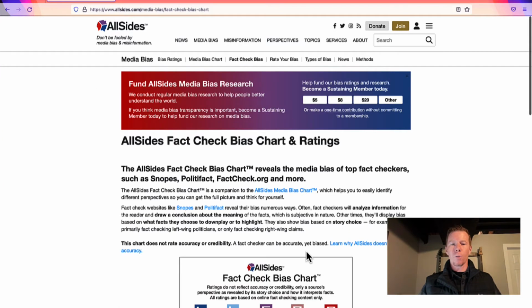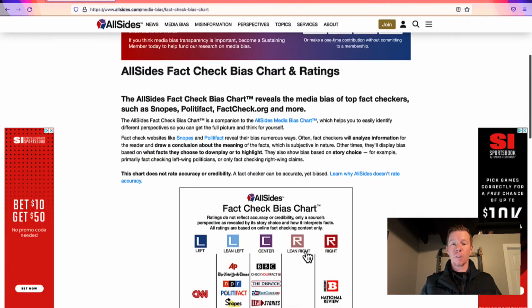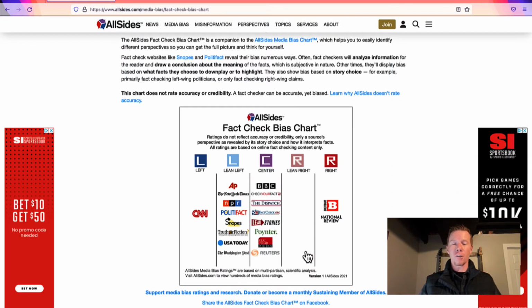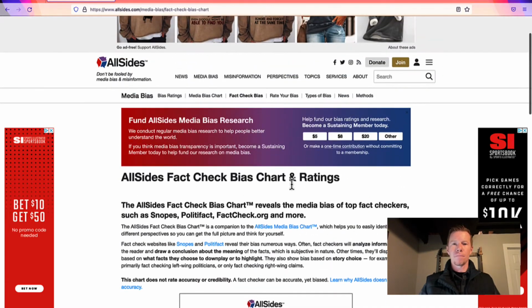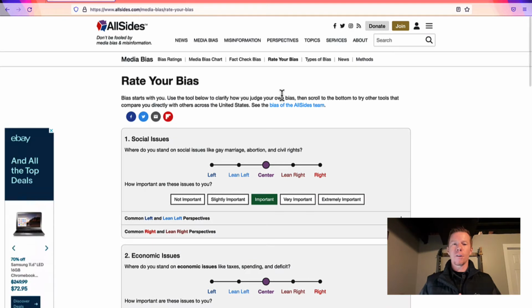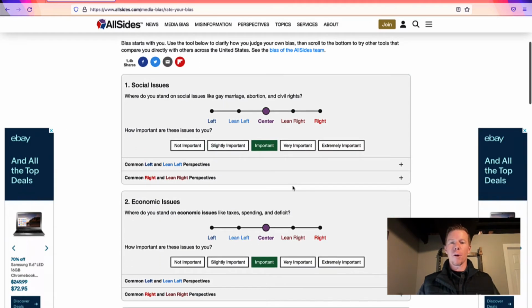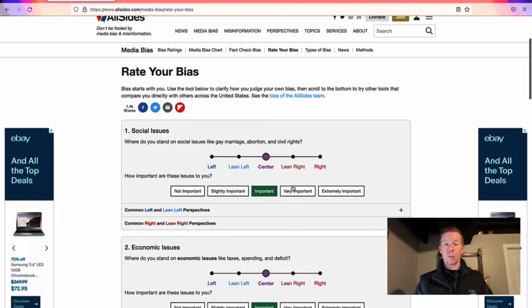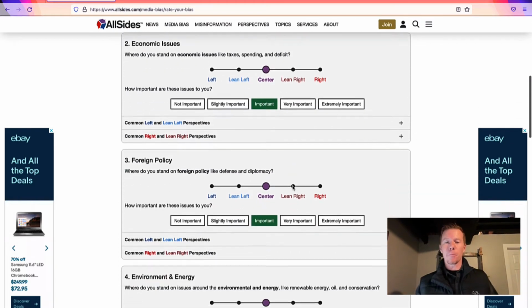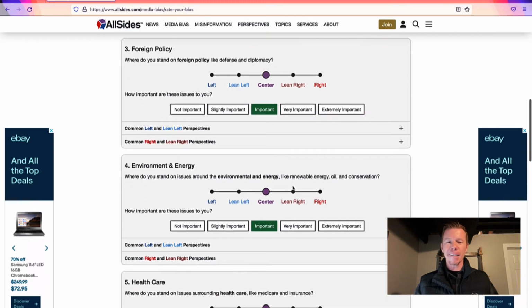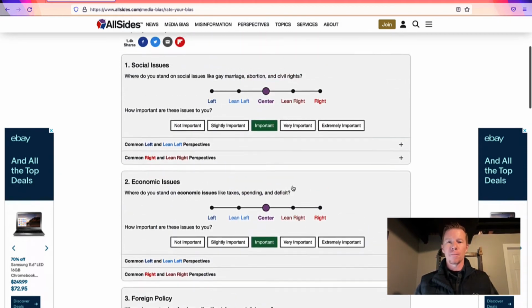Here's how it even works in terms of fact checking, because some of these organizations offer a fact check service. Again, you can see how their fact checking even leans, not just the news outlet itself. And then there's even a really cool option on here where you can go through and rate your own bias. And there's some links to some other tools that some other websites offer where a student can go through and figure out where their kind of political spectrum has them land, which is really cool,